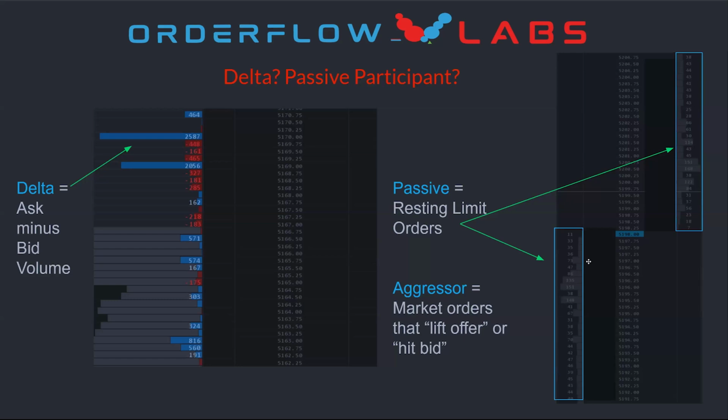But when we get there, all of a sudden that 73 gets filled, and then there's another 100 and then 200, and your time and sales is going crazy with orders being filled on the bid, and then all of a sudden your delta profile shoots over, right? So that is invisible liquidity. You can't see it because those participants are using different algorithmic types of systems to put those positions on or get those fills in. That could be iceberg orders, that could be time-based execution models, etc.